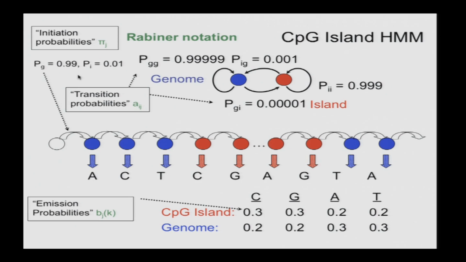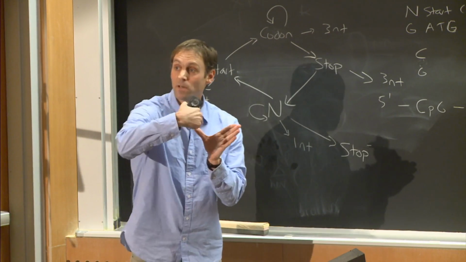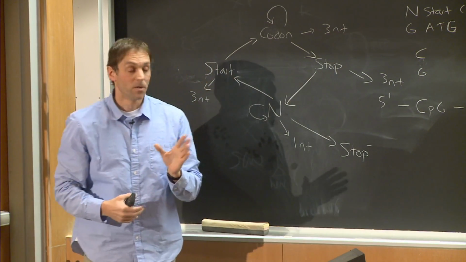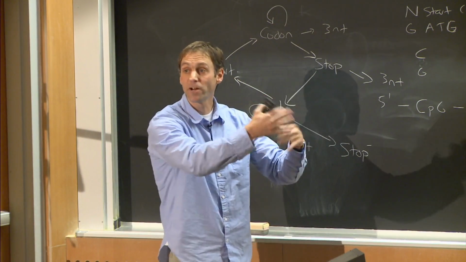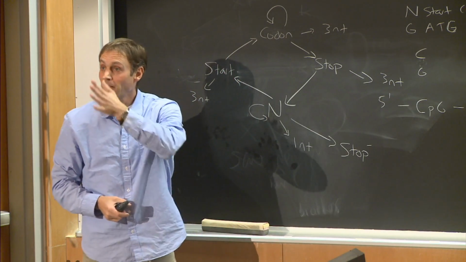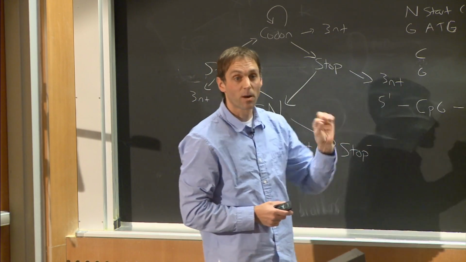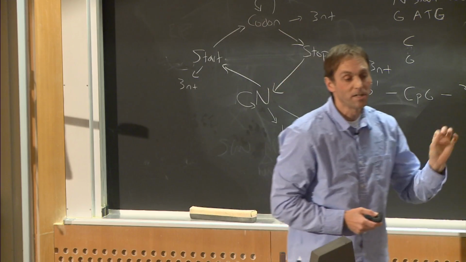So there are 4 possible transitions you can make, and you need to assign probabilities to them. If the average length of an island were 1,000 bases, then a reasonable value for the I-to-I transition would be 0.999. You have a 99.9% chance of making another island and a 0.1% chance of leaving that island state. If you just run that in this generative mode, it would generate a variety of lengths of islands, but on average, they'd be about 1 kb long, because the probability of terminating is 1 in 1,000.